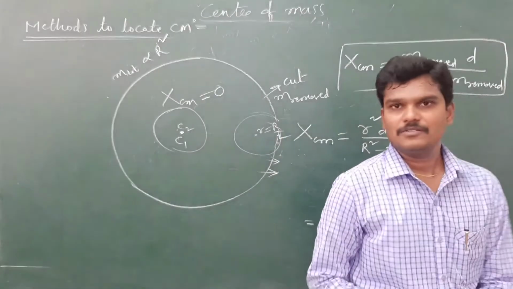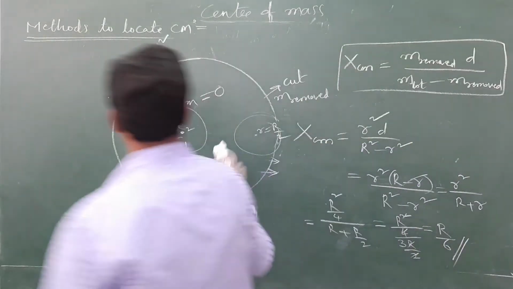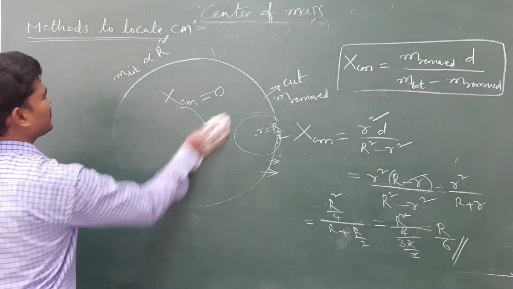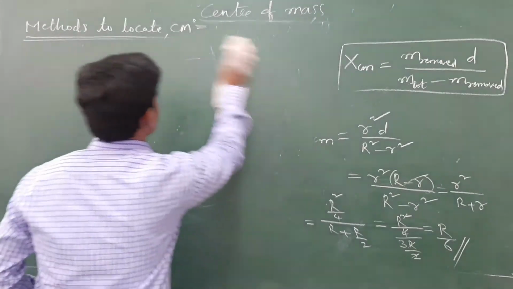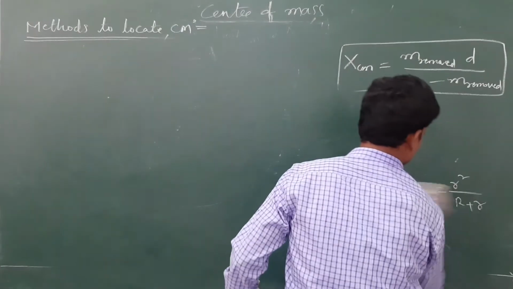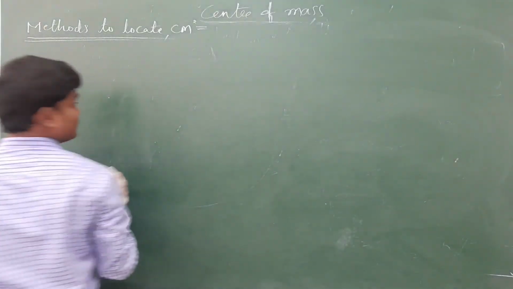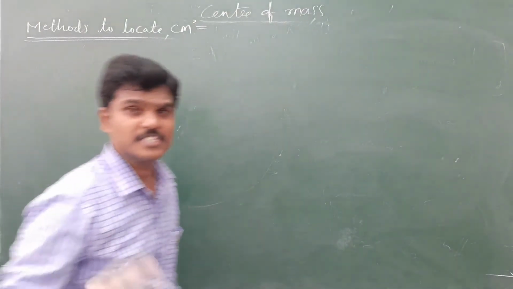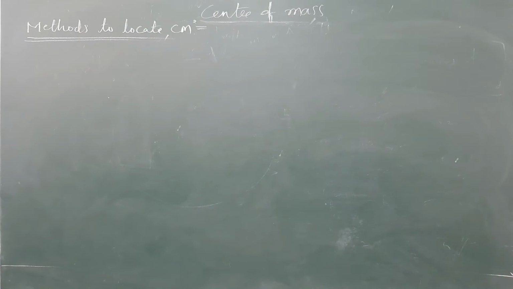Okay. So from a disc, I cut a small part of the disc. Now let us see what happens from a square plate. One more case: a square plate is cut, otherwise from a disc, a square plate is cut. See, I am using a single formula: shifting center of mass is mass removed into distance by total minus removed mass. Okay.